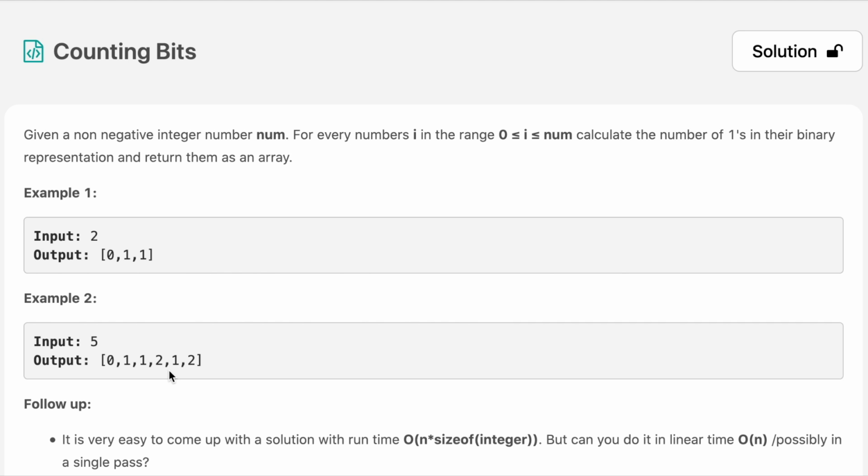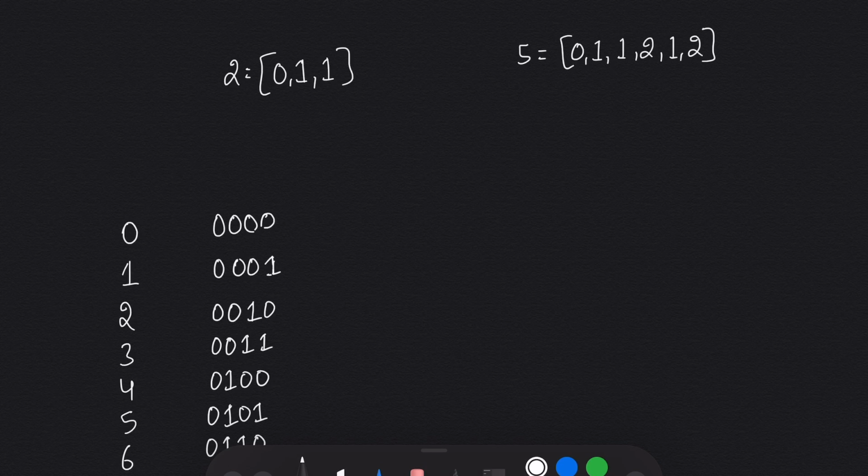So let's move on to the coding part and let's understand what these examples are saying and see how we can solve this question. After that, we will see the code. I have taken the example given in the question. So let's first understand what exactly the question is saying. When the question is saying 2 and the output should be this way, that means starting from 0,